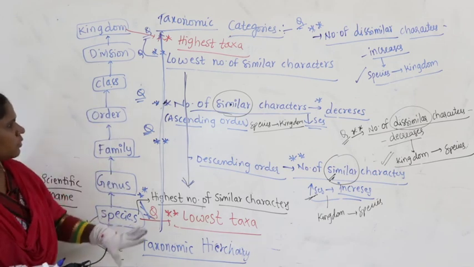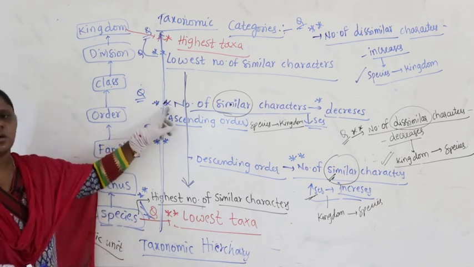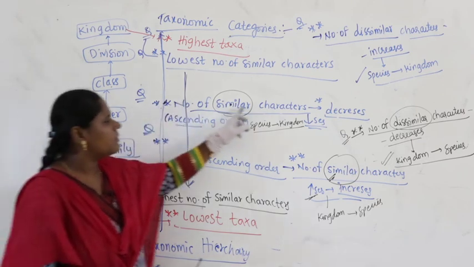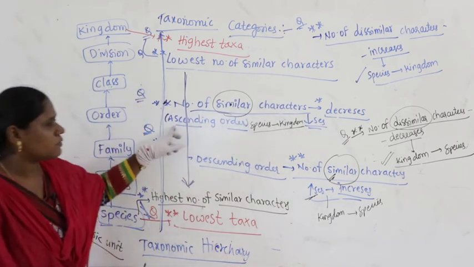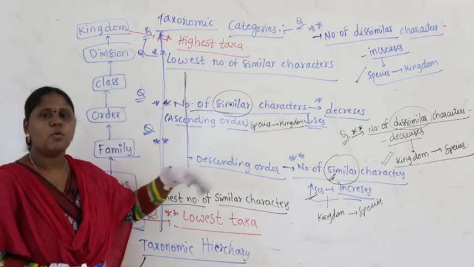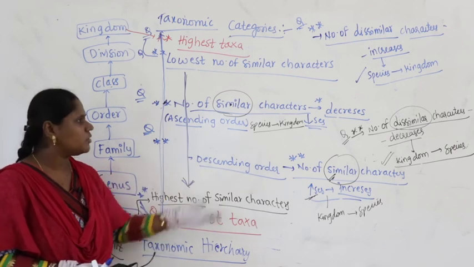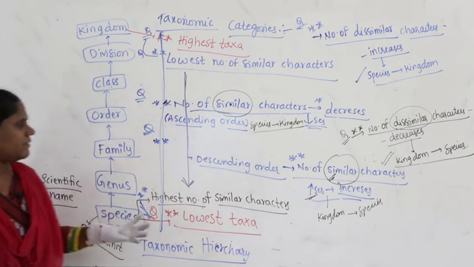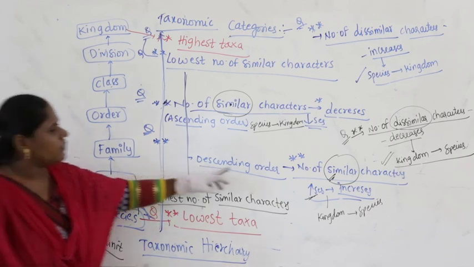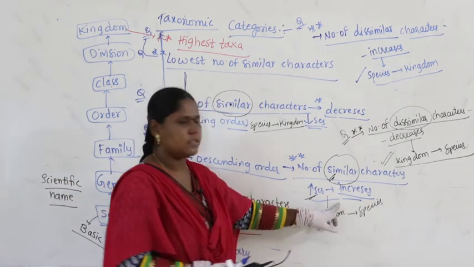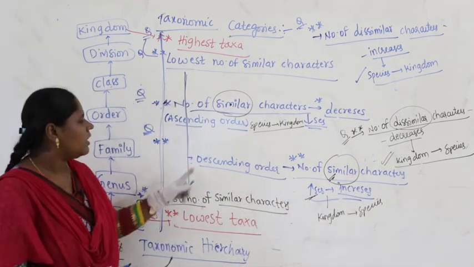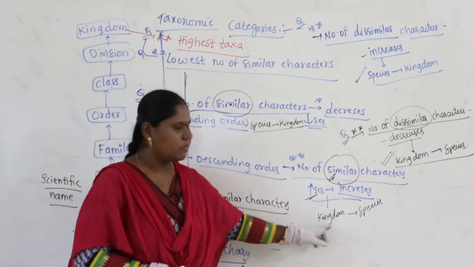Now, 5 questions are over, let us take the 6th question. What is the 6th question? Number of similar characters decreases, meaning the question is speaking about ascending order. What could be the option? Species to kingdom, right? 7th question. Now, the number of similar characters increases, meaning the question is speaking about descending order, that is from kingdom to